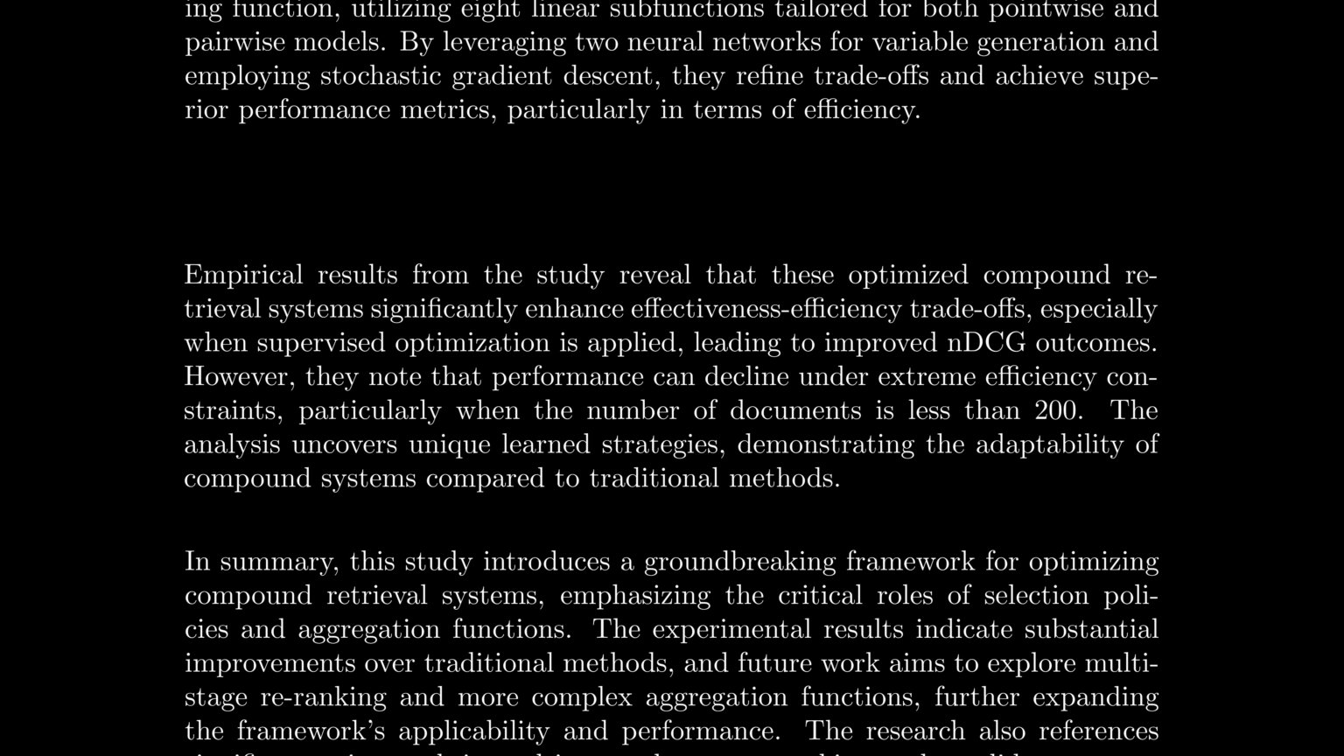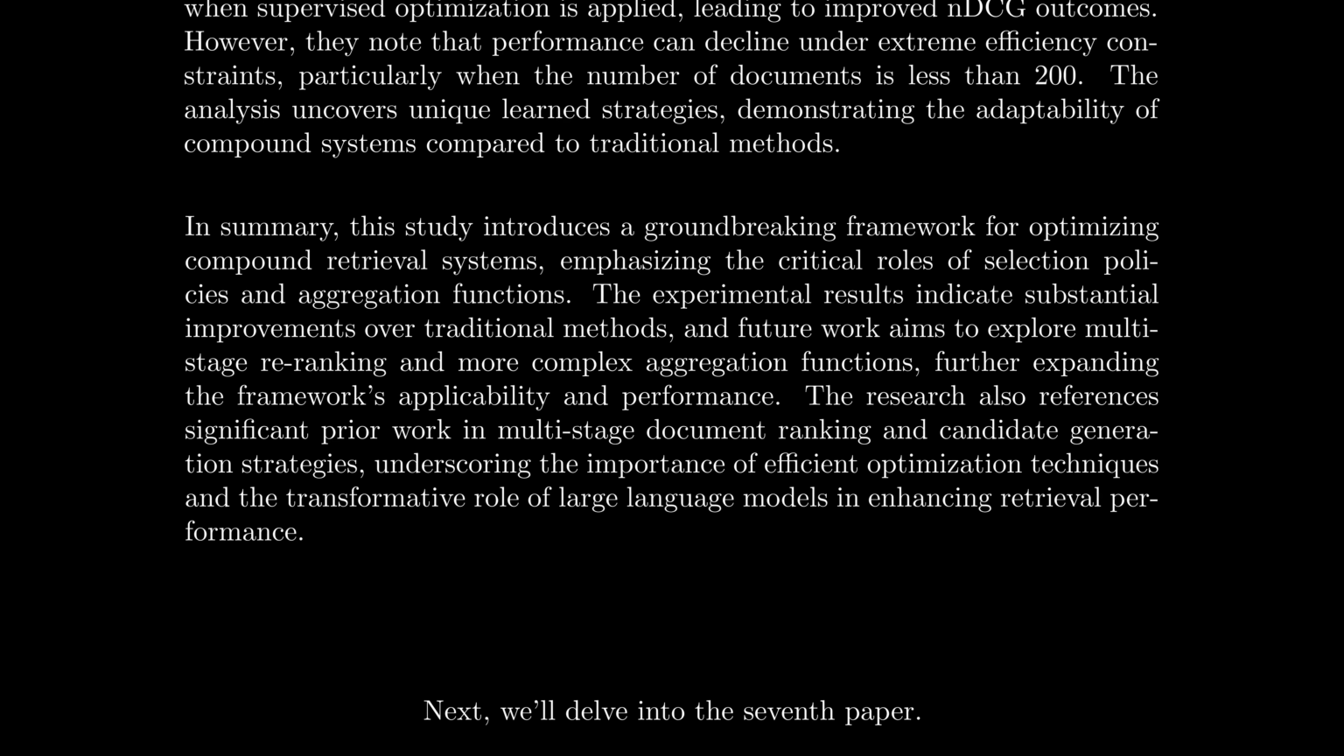Empirical results from the study reveal that these optimized compound retrieval systems significantly enhance effectiveness-efficiency trade-offs, especially when supervised optimization is applied, leading to improved NDCG outcomes. However, they note that performance can decline under extreme efficiency constraints, particularly when the number of documents is less than 200. In summary, this study introduces a groundbreaking framework for optimizing compound retrieval systems, emphasizing the critical roles of selection